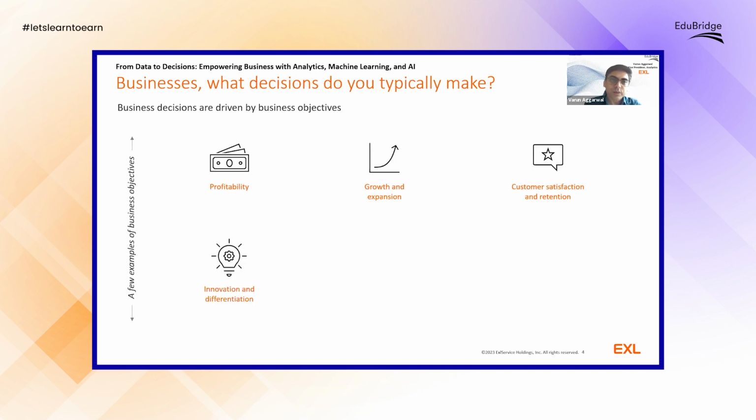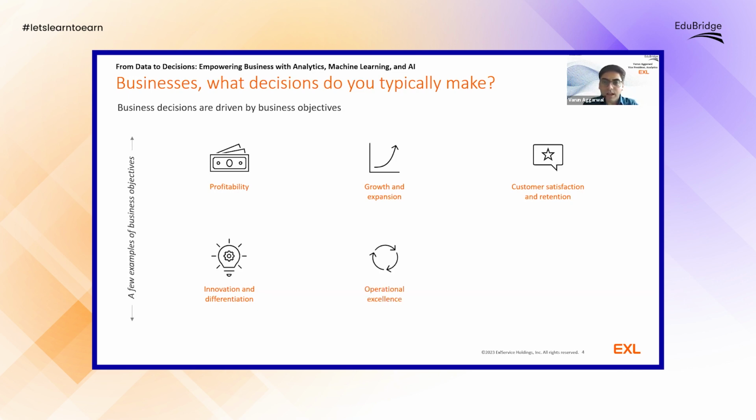Another key objective that you would see typical businesses take is innovation and differentiation. If there are a lot of the same products in the market, then how can one particular business differentiate itself from others, right? How innovatively can they think, what new offerings can they make? Again, these things are related. No single business would focus on one objective only.